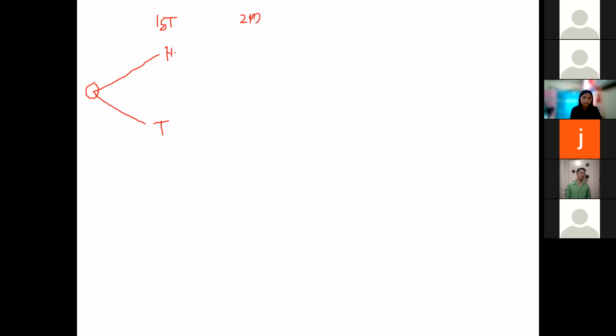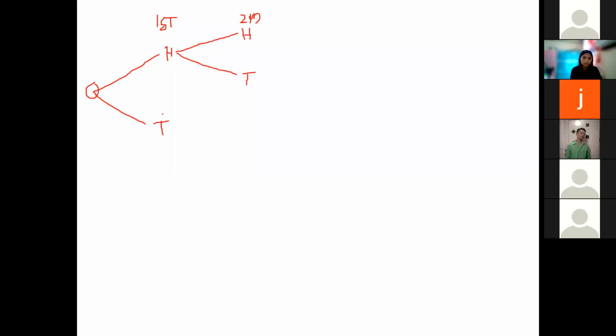After ng head, sa first toss, kunwari head ang pinanggalingan, ang maaaring maging kasunod ng head, maaaring head pa rin or maaaring tail naman. Tama ba? Tail. From tail naman, kung ang first toss natin, ang outcome, ang simula natin is tail, ang kasunod ng tail is maaaring head